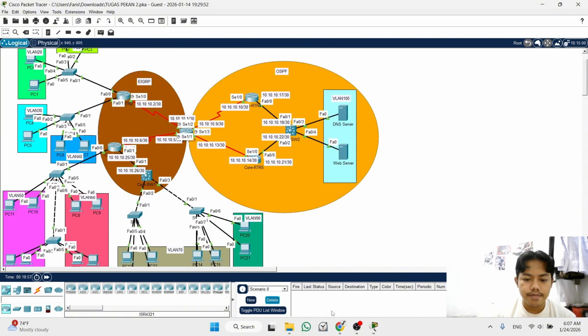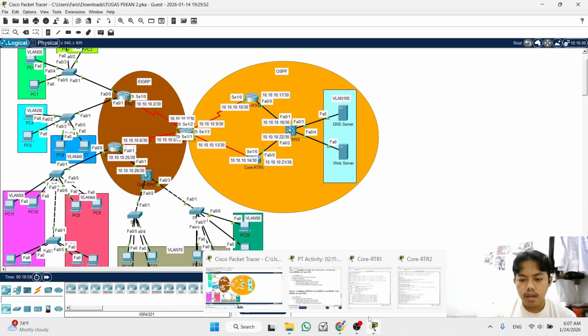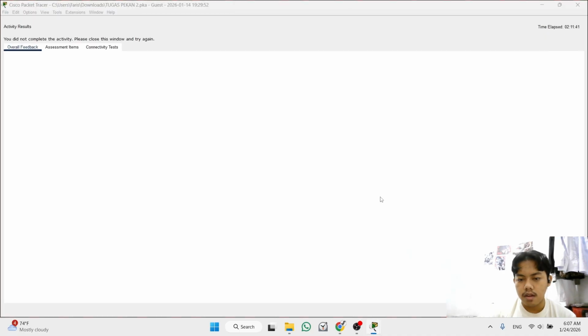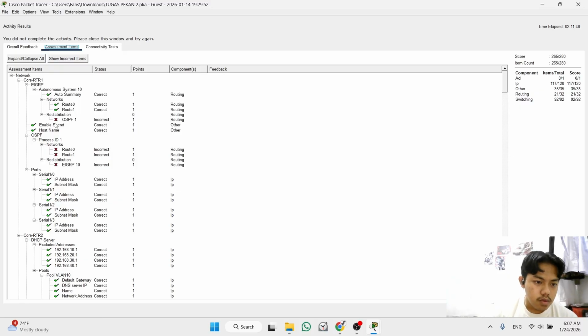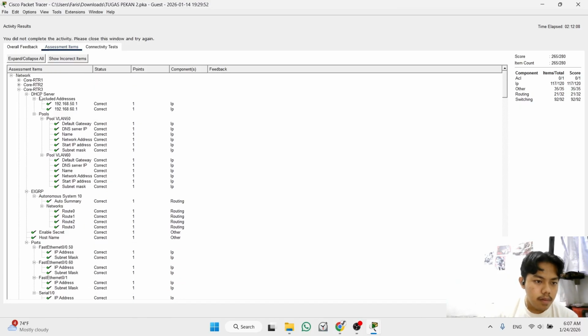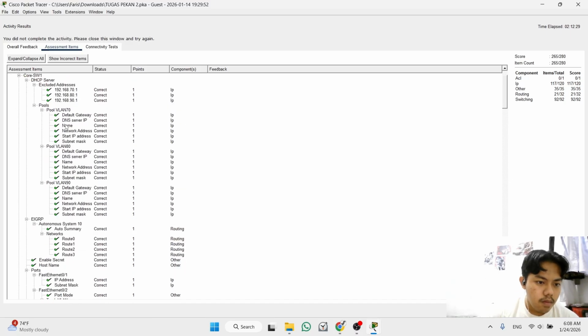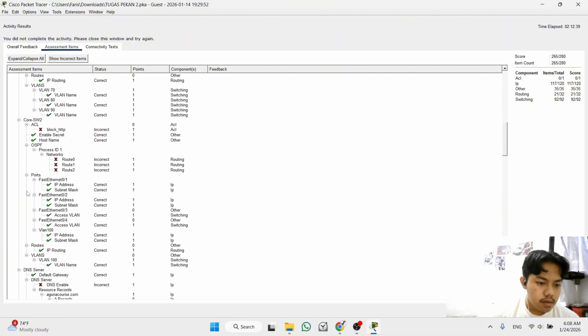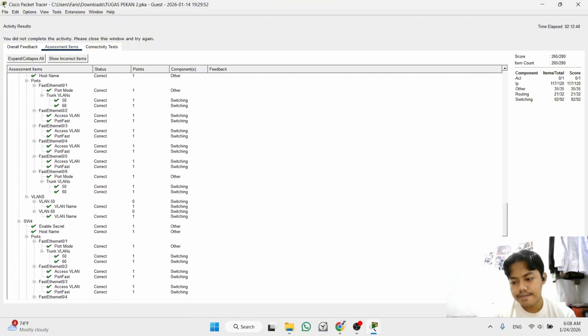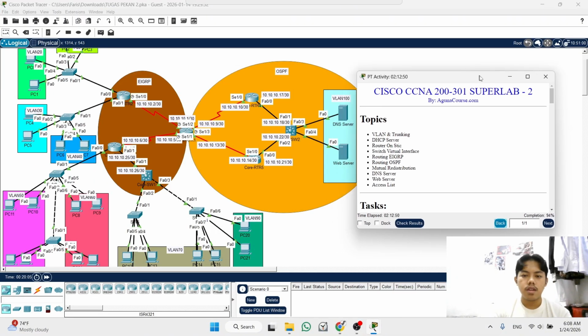Okay, we're done. And now I want to check the result first. Now we will configure the OSPF.